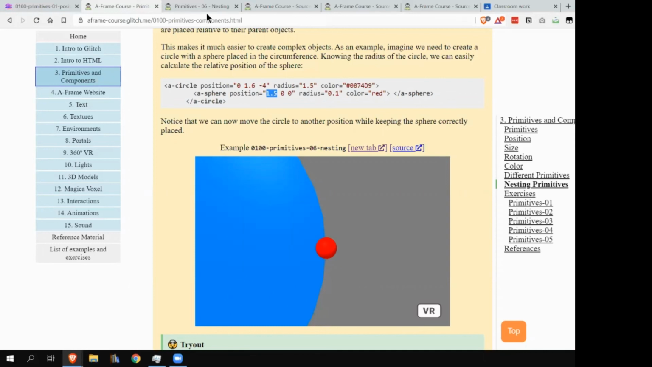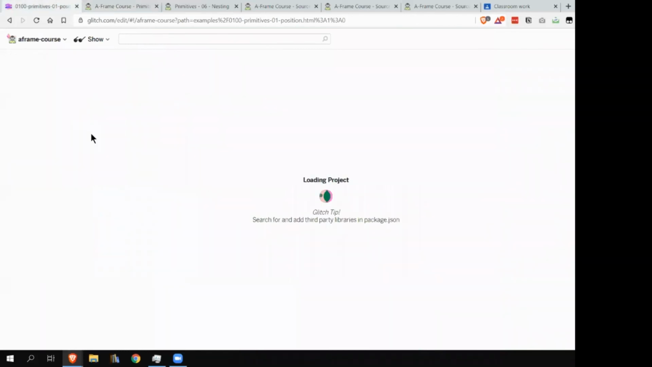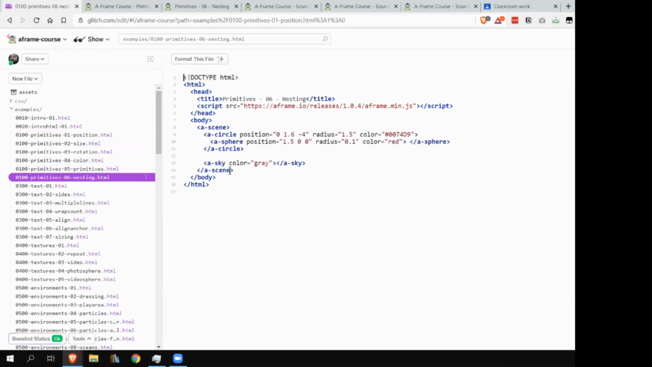Another advantage, and I'll show you by editing the example, is, sorry, it has to reload my editor. So I'm going to open the source code for that example. And another advantage is after we have positioned the sphere, so the inner object relative to the outer one, we can just move the complete set of objects by repositioning the outer one. So if I for example,